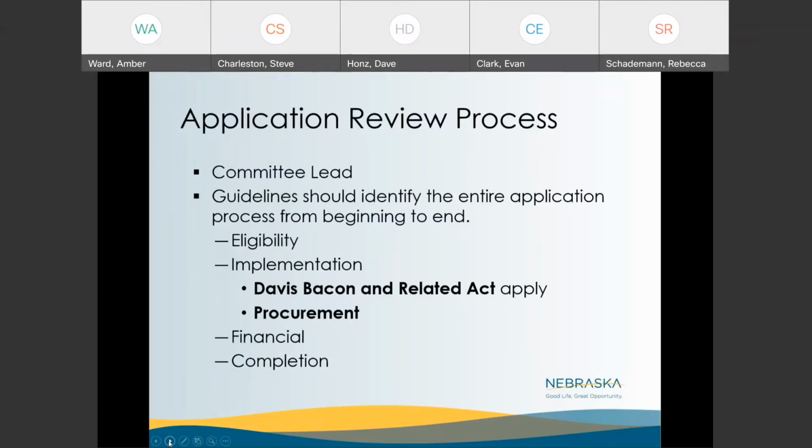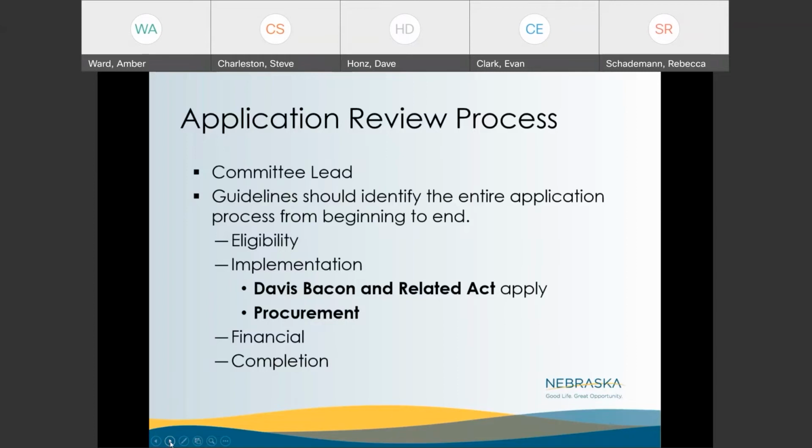While developing the application review process, obviously there's going to be a committee that reviews applications. Again, the local government has the flexibility to design the committee as they see fit. Obviously, there's going to be a lead, probably a review person or organization that reviews the applications and ranks and scores them while they award businesses the commercial rehab funding to improve their properties. The guidelines need to identify the entire application process from beginning to end, which includes the eligibility requirements, the implementation